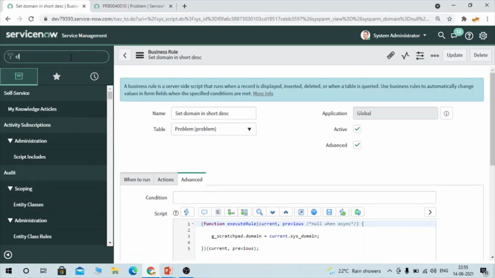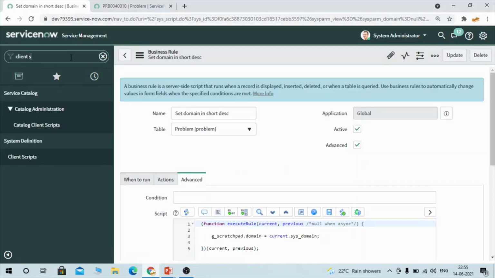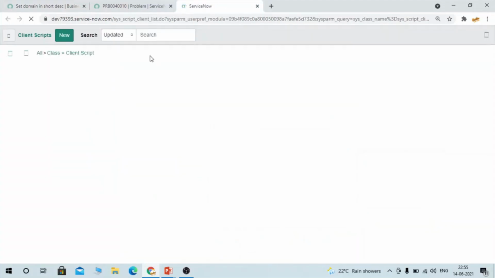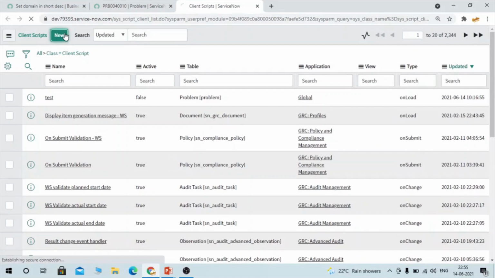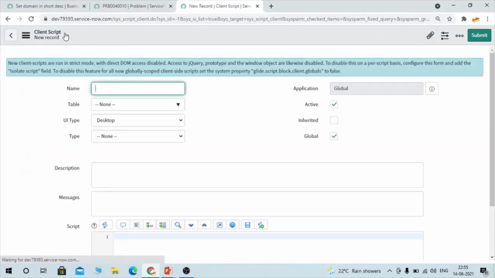And quickly let's create a client script. Here I'm going to name it set domain, the same name as before. And for table, again I need to select problem.